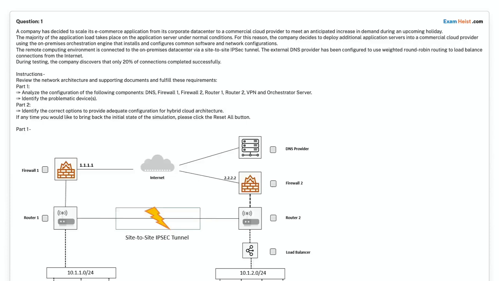Question 1. A company has decided to scale its e-commerce application from its corporate data center to a commercial cloud provider to meet an anticipated increase in demand during an upcoming holiday. The majority of the application load takes place on the application server under normal conditions. For this reason, the company decides to deploy additional application servers into a commercial cloud provider using the on-premises orchestration engine that installs and configures common software and network